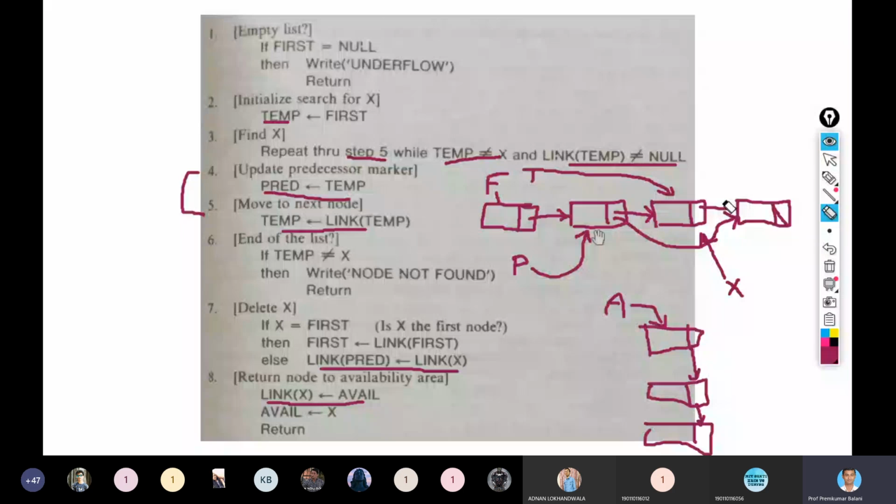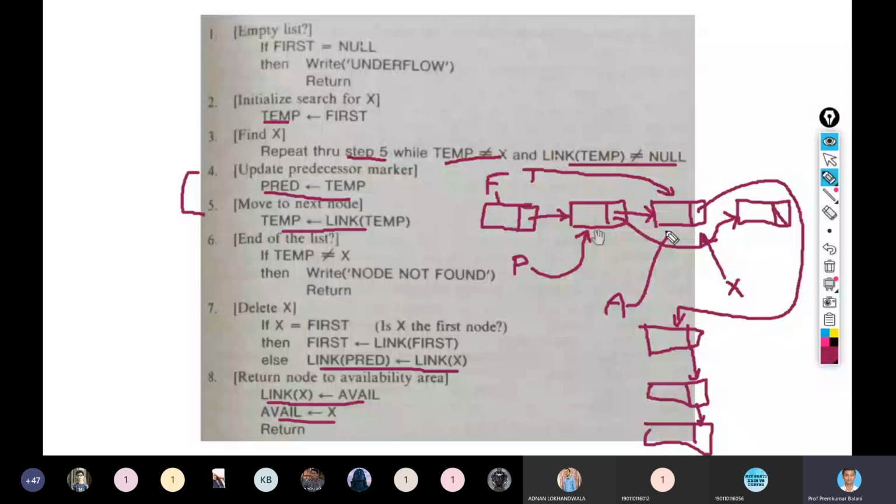So the link of x is now pointing to the node which is pointed by avail, right? And avail equal to x, right? So this avail will be overwritten, and it would now be pointing to this x.